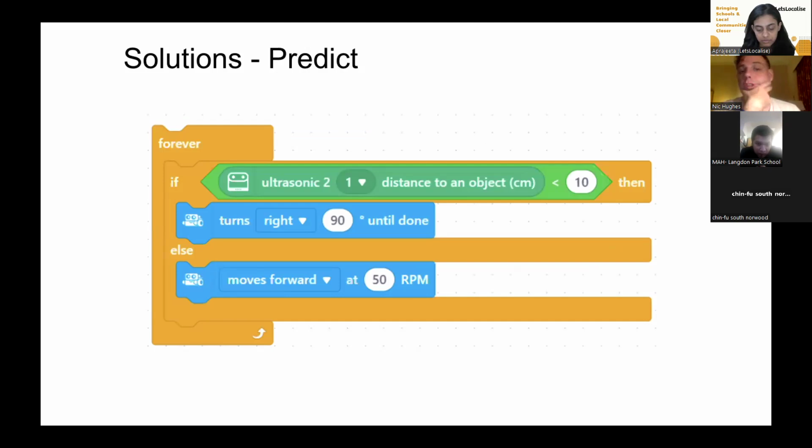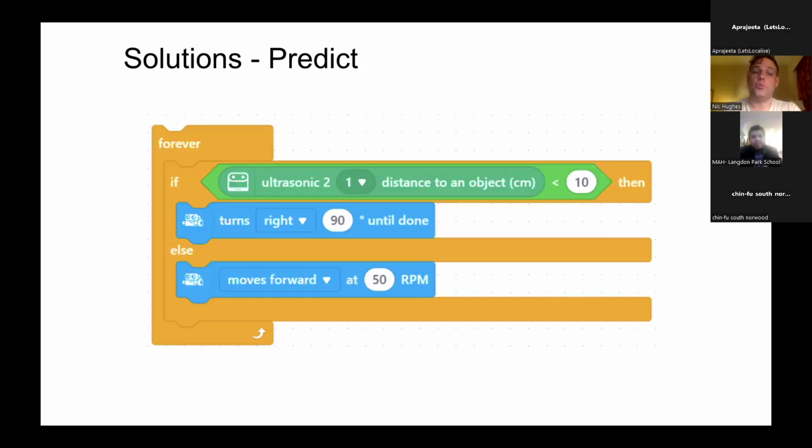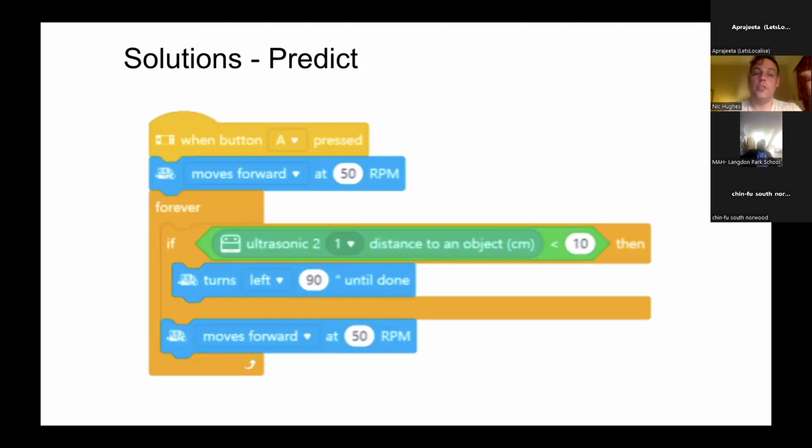This is another example which you could do with it as well. This is just a slightly different solution. This also will work. This is saying, if you see an object in front, turn. If you haven't seen an object in front, move forward. So this is using an if else selection statement, but that's just using a basic selection statement. So while they both work, this one is a far more advanced answer because you're using an if else statement. This will still work though as well, but it's just using an if statement.